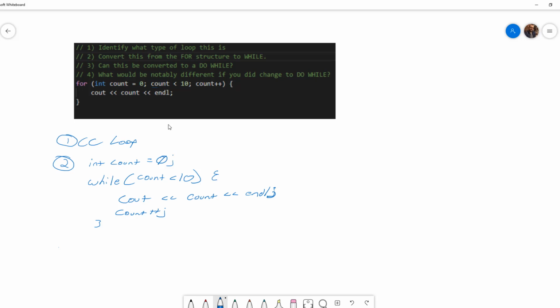Can this be converted to a do while? So yes, we could, as long as we knew that we wanted to do this up to 10, but there would be some things that would change with it, right? We could get the exact same output, but there are noticeable differences with a do while versus a regular while or even a for loop. The do while is a completely different thing, so I'm going to say yes